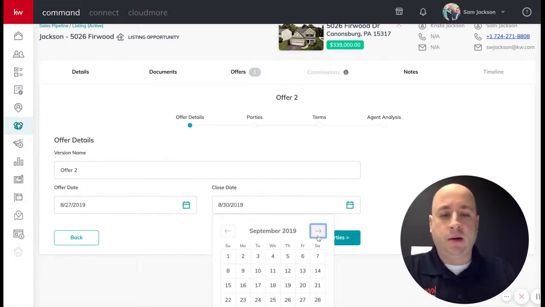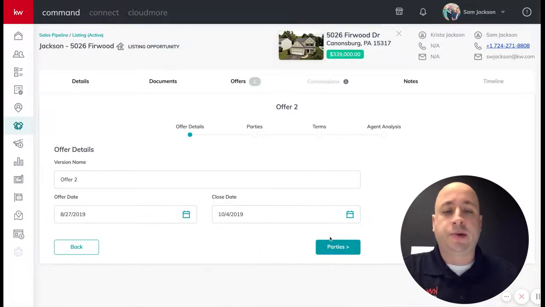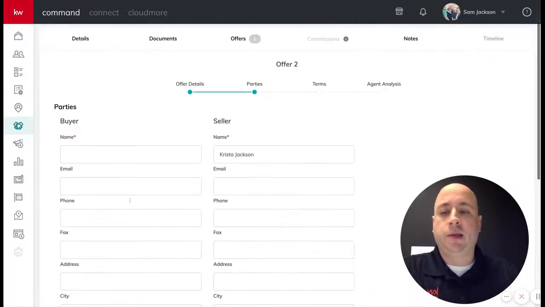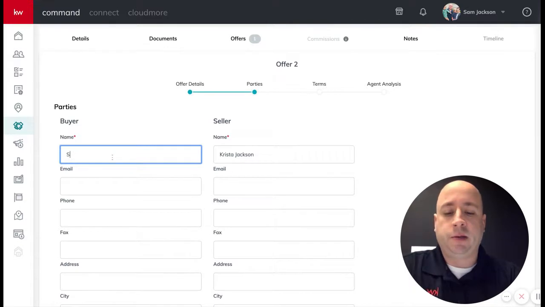Again, we're going to select the version name, the offer date, the close date, and let's just say this one's a little bit later because we're going to go to financing. We're going to close on October 4th. Click on parties. This is again where you'll name the buyer. So this is Stewie